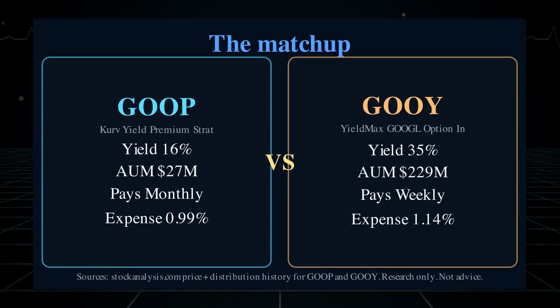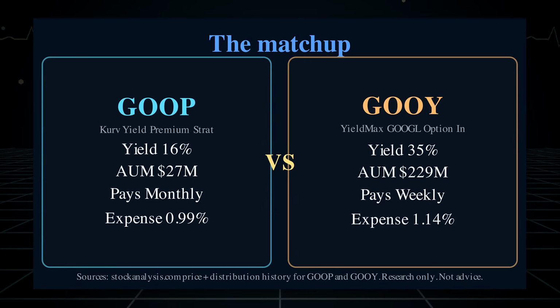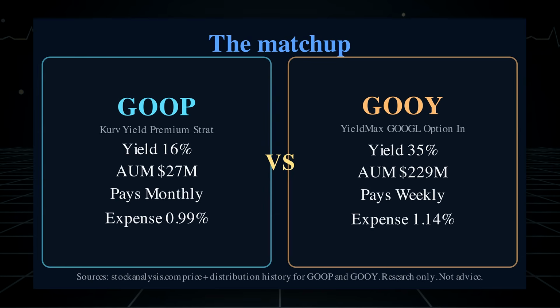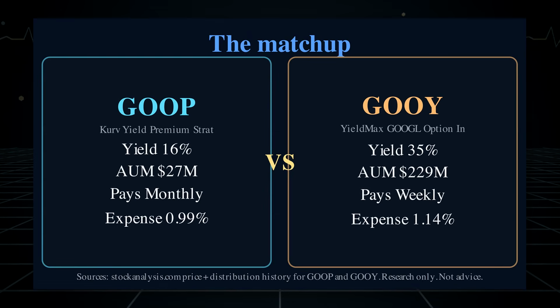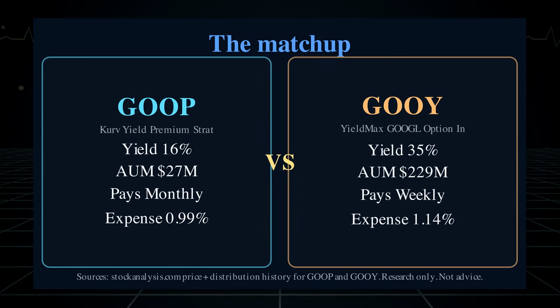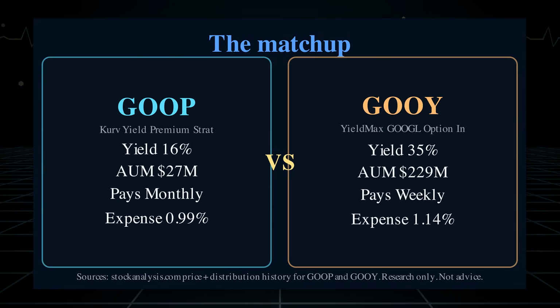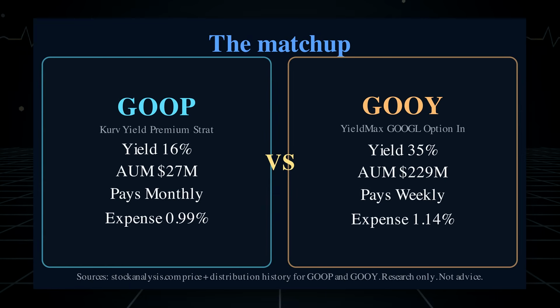GOOY is the Yield Max Google Option Income Strategy ETF, issued by Yield Max. It launched on July 27, 2023, so it has the older starting date of the pair. It is also an actively managed derivative income fund with no conventional index. Its listed holdings are United States Treasury bills at 85%, United States Treasury notes at 25%, cash offset at 9%, and the First American Government Obligations Fund Class X, ticker FGXXX, at 3%, plus 3 call options that the fund